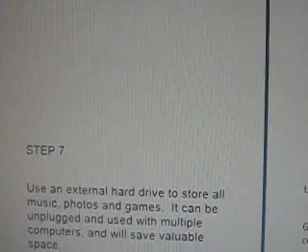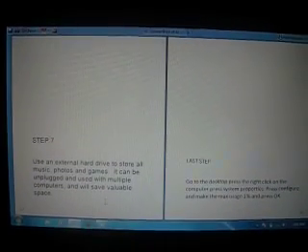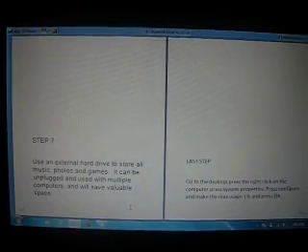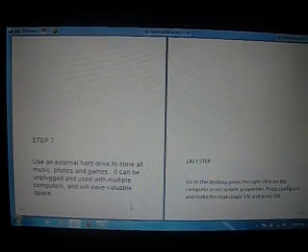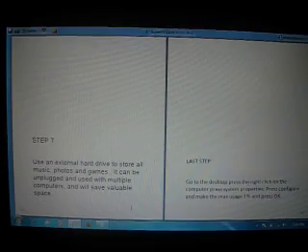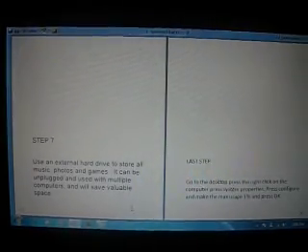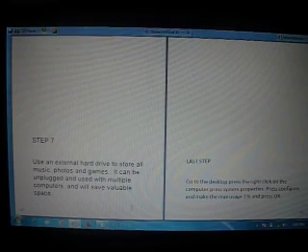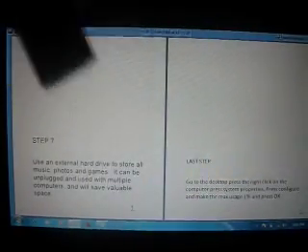For example, a USB drive. Just store all music, photos, and games on the USB.